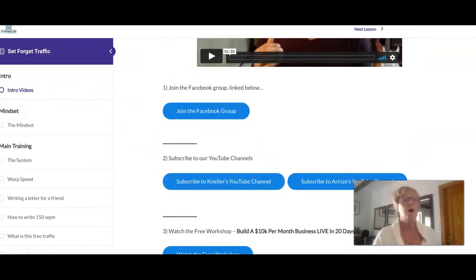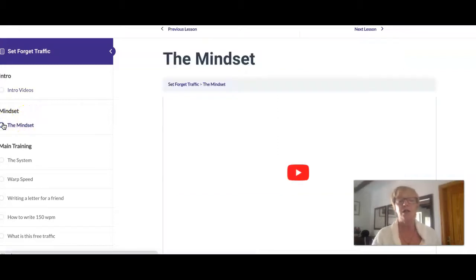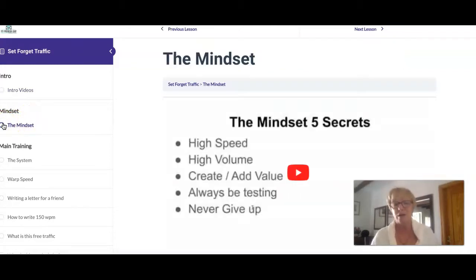Now, in this particular program, it starts off with mindset, and mindset is quite a big thing with any business that you're going to be involved in. You need to have the right mindset, because it's a key thing to moving forward. And it doesn't matter what business you're going to start. If you hear negative comments and negative input from your friends and family on any particular business, it could be, you know, network marketing, it could be a legitimate business,